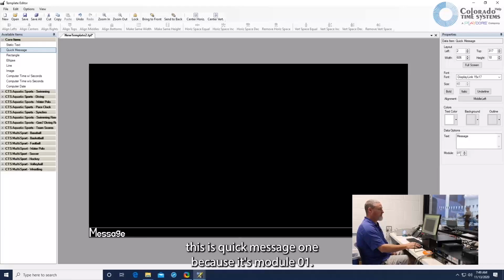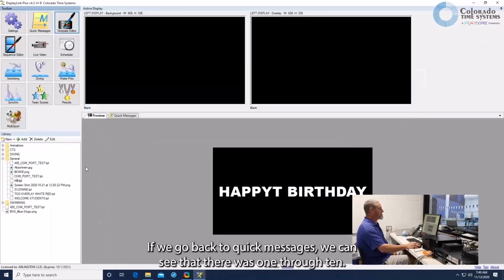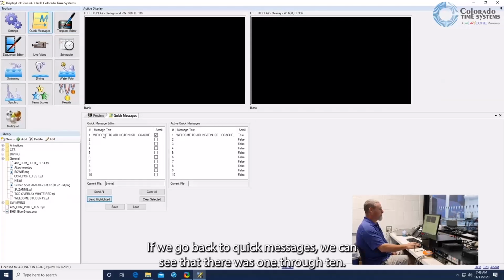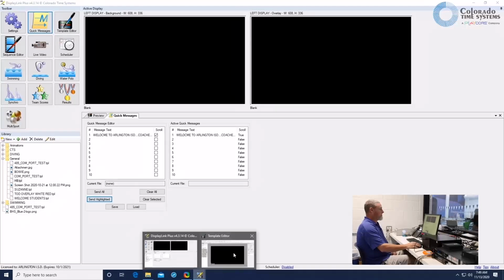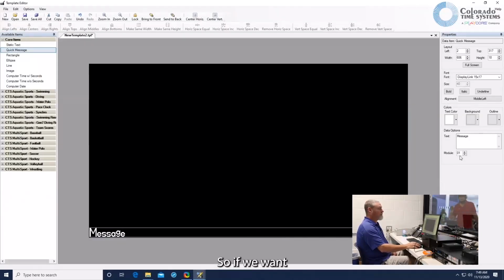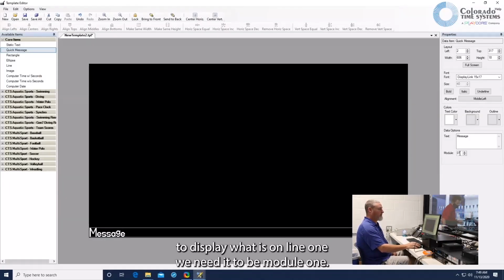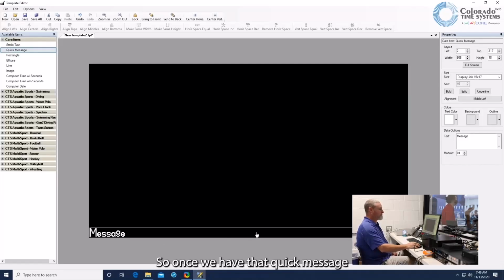Now, one thing that's important with the quick message is this is quick message 1 because it's module 01. If we go back to quick messages, we can see that there was 1 through 10. So if we want to display what is on line 1, we need it to be module 1. So once we have that quick message text line where we want it to be, we can save it,